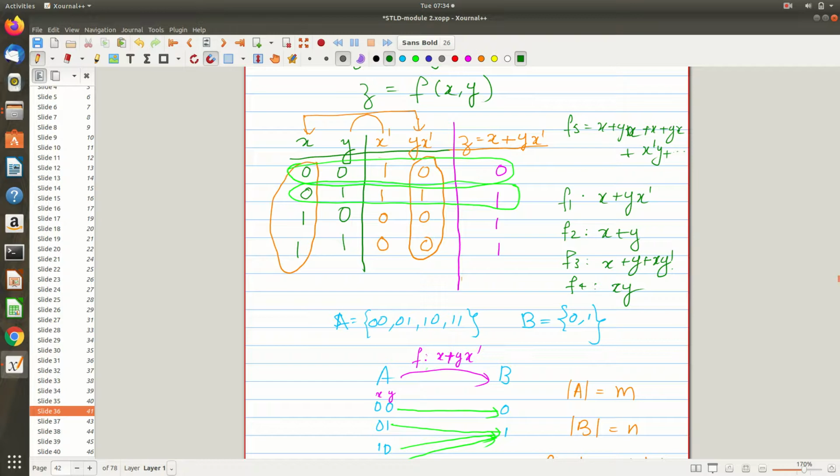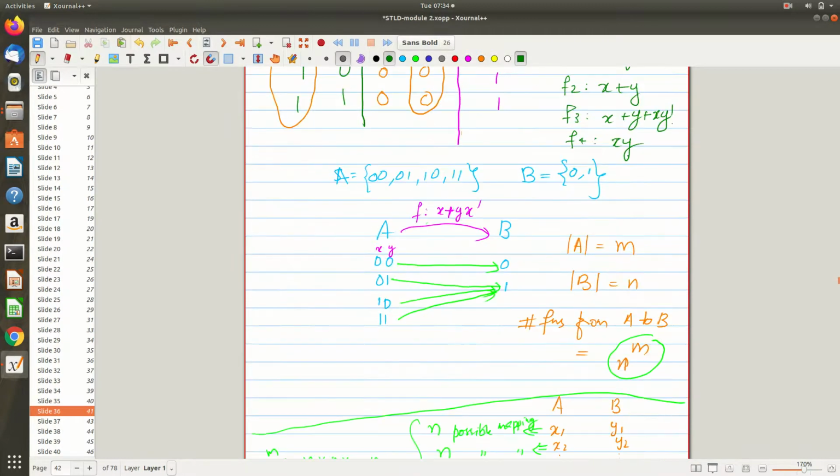We will see how to simplify a bigger function to a smaller one. That is one thing. And finally you will get some unique number of functions, right? So the question is, using two variables x and y, how many Boolean algebraic expressions are possible? Each expression corresponds to a function. So we now clearly know how many functions are possible.